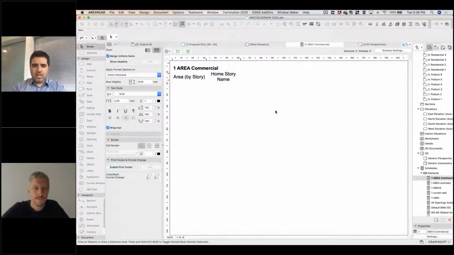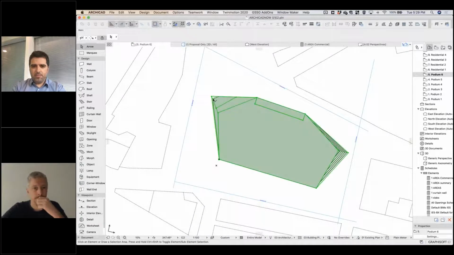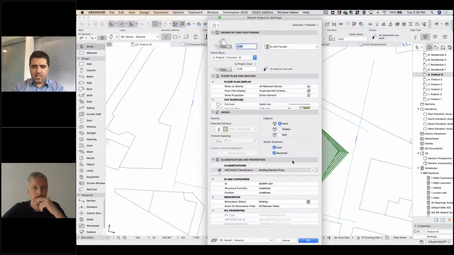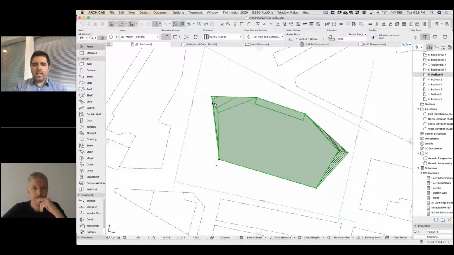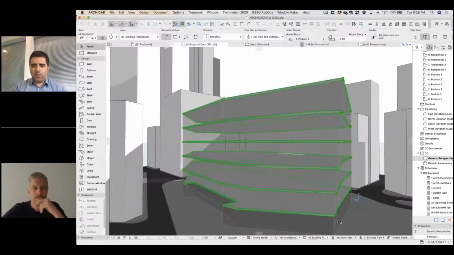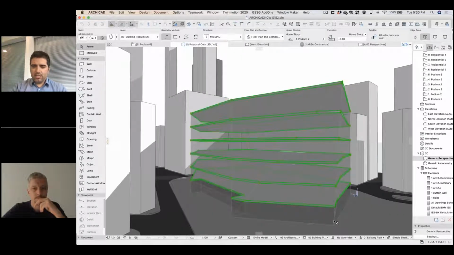So since I have on the podium this unit here, I'll call it mass. So we can even get it. I was showing you how we can get it from each individual slab. But since we have a story setting that is breaking this mass into story by story,